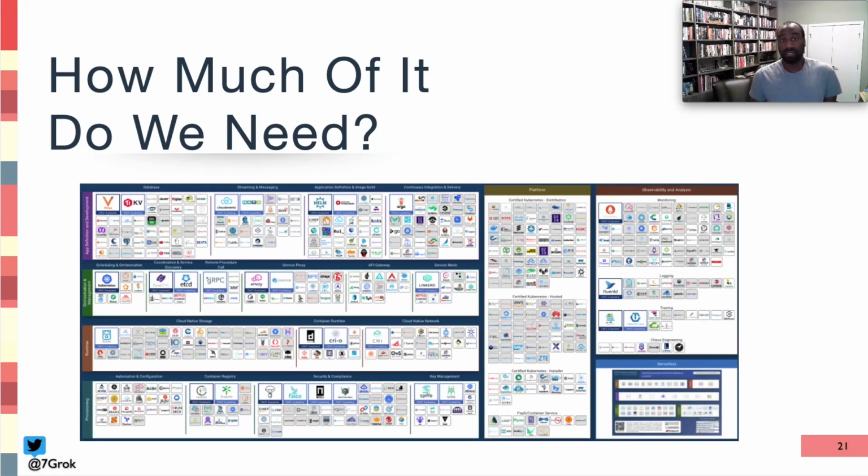And then we have to ask ourselves, how much of it do we all need, right? This is an actual diagram from the Cloud Native Computing Foundation of their ecosystem. Now, I'm sure this is a little bit exaggerated with every vendor listed and every kind of systems management, orchestration, management, logging, networking software involved. But when you look at this, it's a little bit daunting even for us.